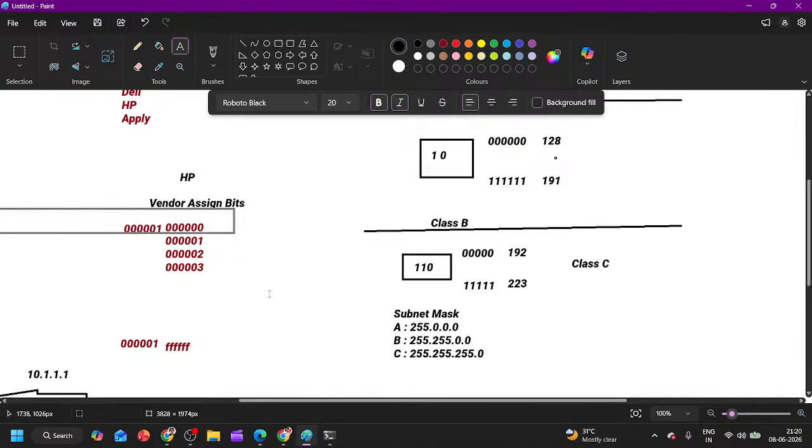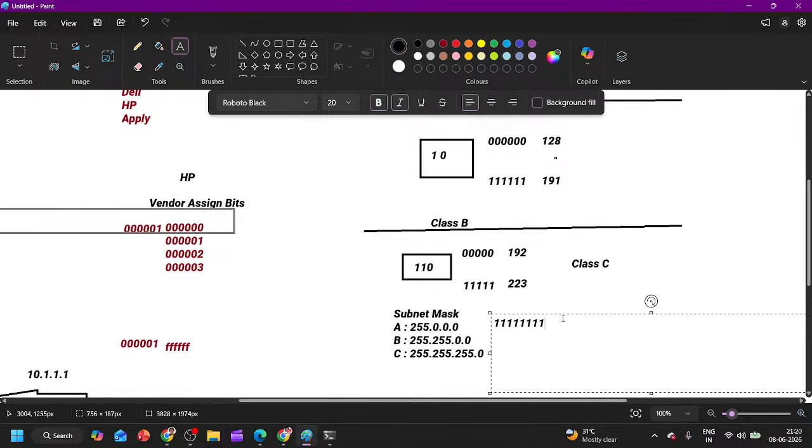Yes, how many network bits are there? You just need to check how many ones there are, right? In the first octet we have 8 bits, and the decimal value is 255. It means if I convert this subnet mask into binary, I will get this binary. 255 in binary is going to be